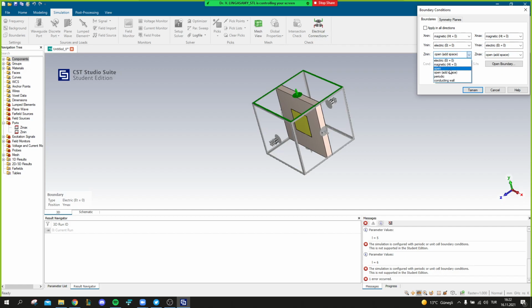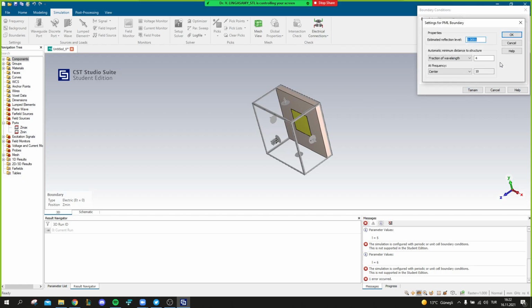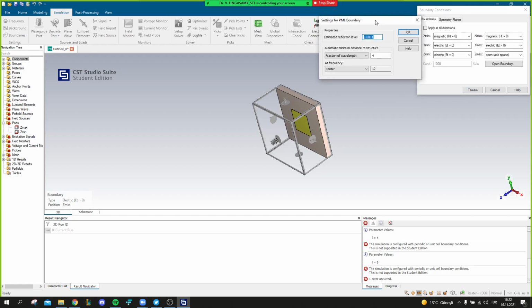Z min is not required, because you can say electric wall also, it's fine, because anyway you have the ground plane there, and then open boundary here. We are giving fraction of wavelength as lambda by 4 for the frequency 10 by default.